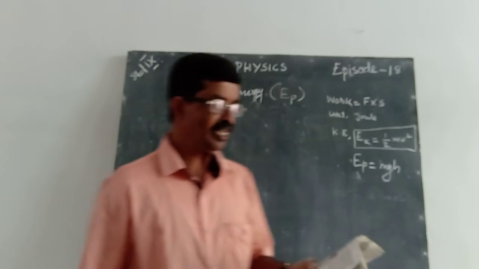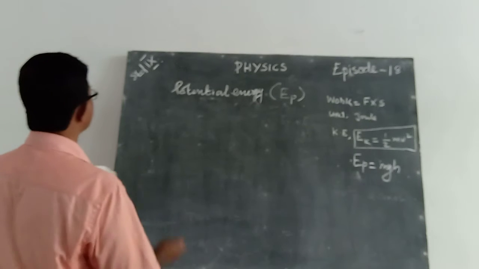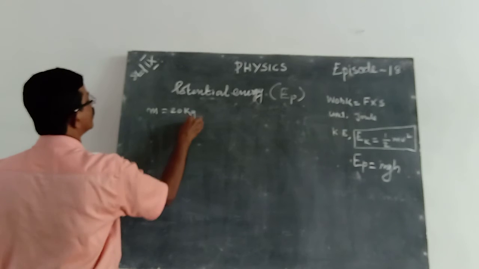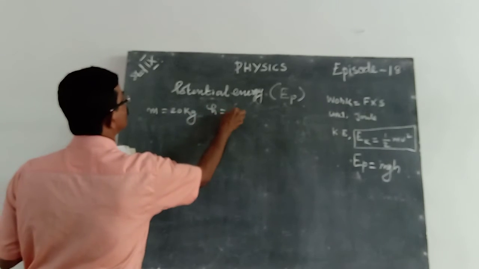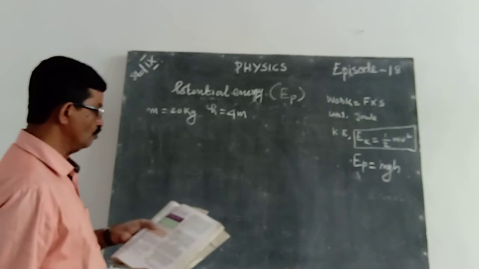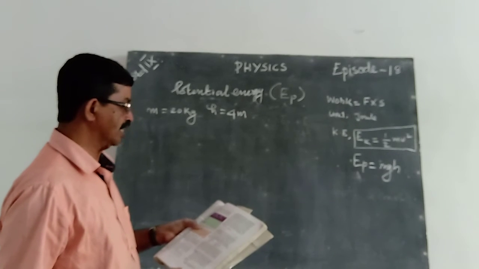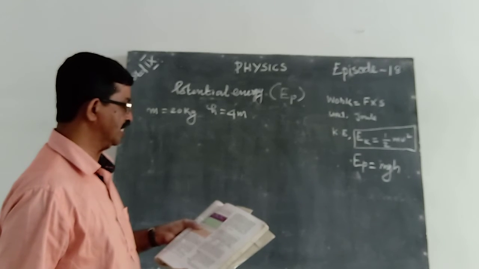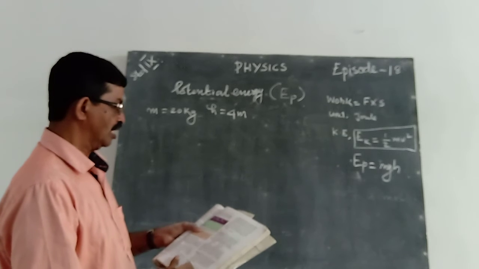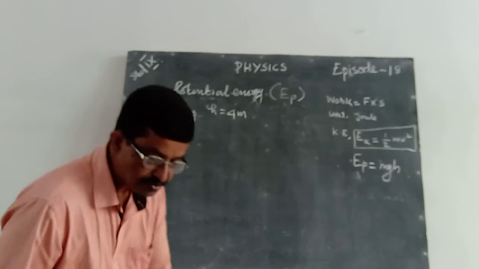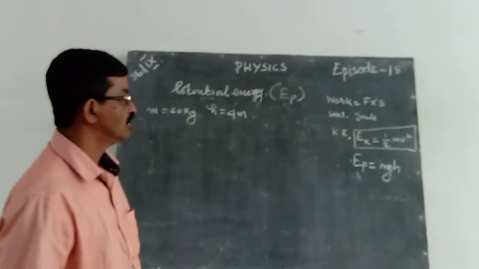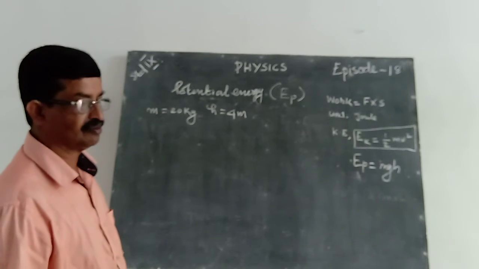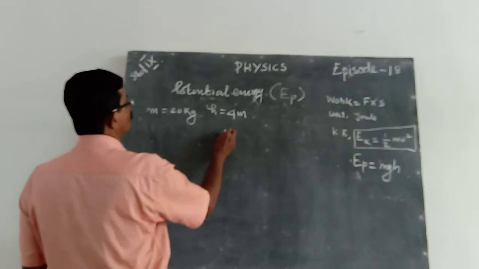An object of mass 20 kg is dropped from a height of 4 meters. Fill in the blanks in the following table by computing potential energy and kinetic energy in each case. At first, we want to calculate at a height of 4 meters. That means potential energy is equal